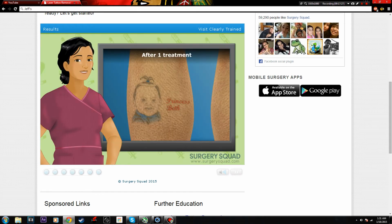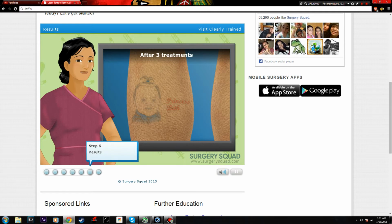As stated earlier, our patient's tattoo will only begin to fade after multiple treatments. So he shouldn't expect the tattoo to...